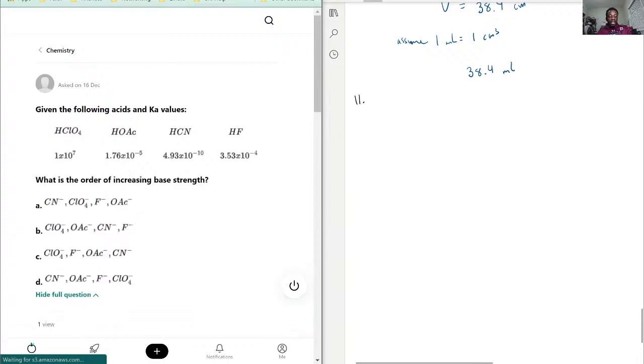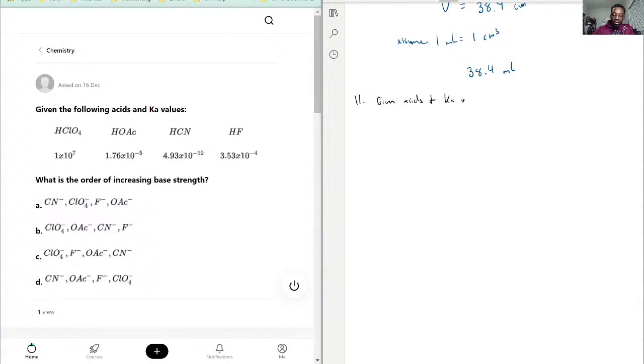Given the following acids and the Ka values, which is the order of increasing base strength? And I emphasize base because that's not acid. We're looking for the order of base strength, okay? So, now, with that being said, they're giving us